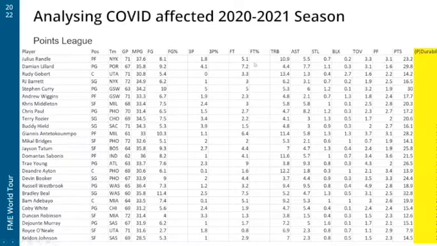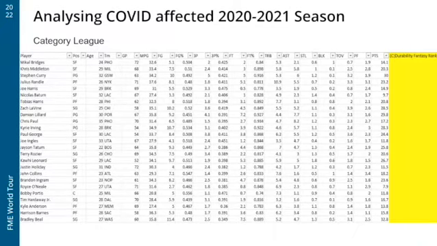If you know NBA, you know that Julius Randle basically puts out statistical categories in almost everything, and same with a lot of these players as well. But if you go over to the category league, it gets a bit different. You see some common names that you might have seen before, but it completely changes. This is particularly true when it comes to COVID-affected leagues too.